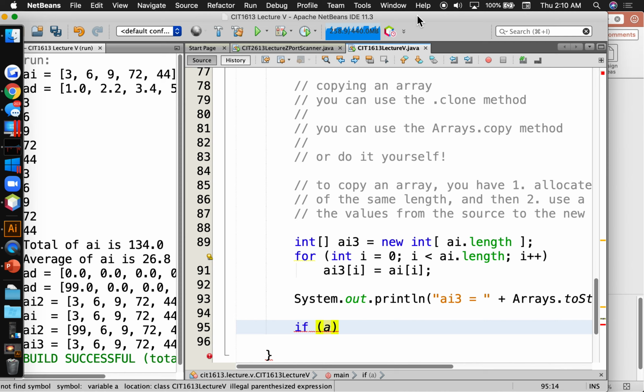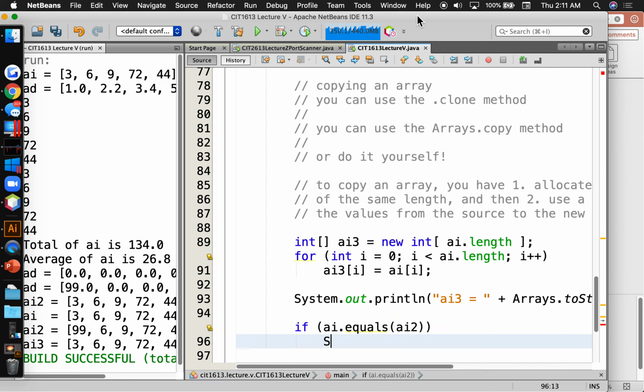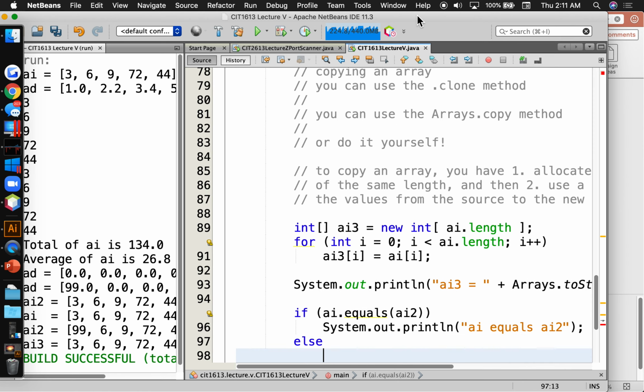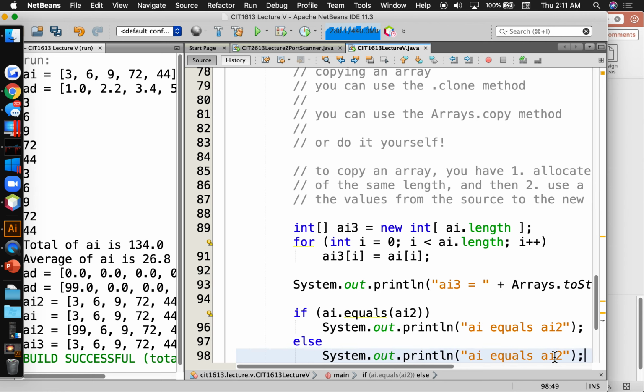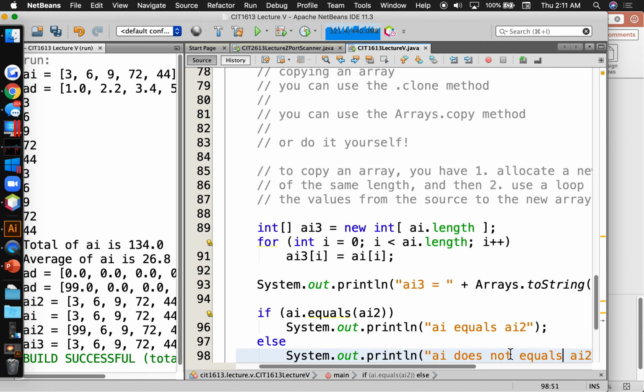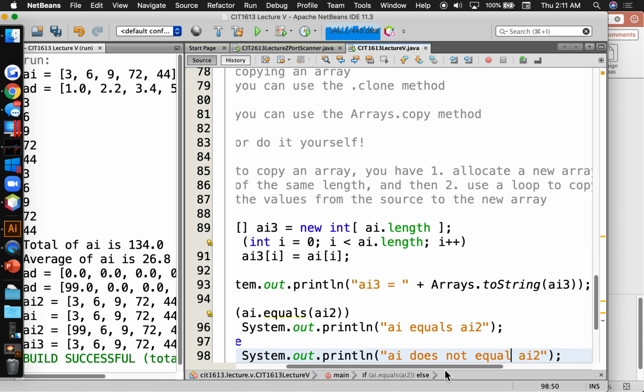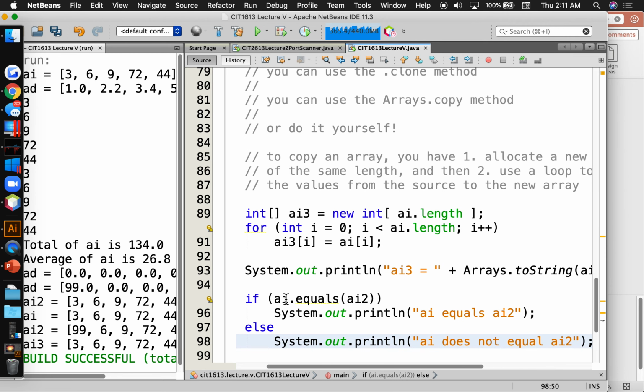So if ai.equals(ai2), System.out.println ai equals ai2, else print ai does not equal ai2. And let's do the same thing for ai and ai3. Because ai definitely does not equal ai2, because ai2 has that 99 there, but ai and ai3 ought to be